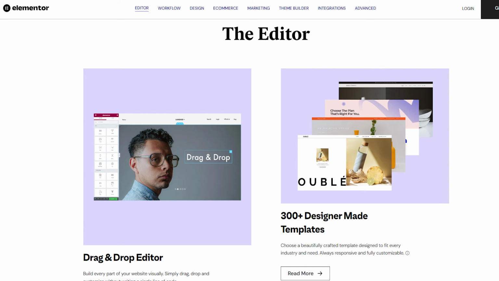Now, with the widgets and templates, Elementor comes with a large selection of widgets. You have buttons, headings, images, text blocks, sliders, and plenty more. You can use all of this to add content and functionality to your website. It also offers a variety of pre-designed templates and blocks, so you don't really have to worry too much about the design stages if you're unsure. All you need to do is simply drag and drop that specific template or block onto your page. These can all be customized as needed. So change the color palette, change the fonts, anything is completely up to you as it is a drag and